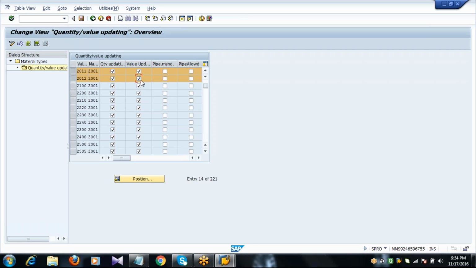The system will update when you create a PO and when we create a GR for that PO. So if you want the parameters total stock and total value updated automatically in the system, this will happen only when you activate these indicators for your valuation area, that is nothing but the plant, and the material type. Save the document.